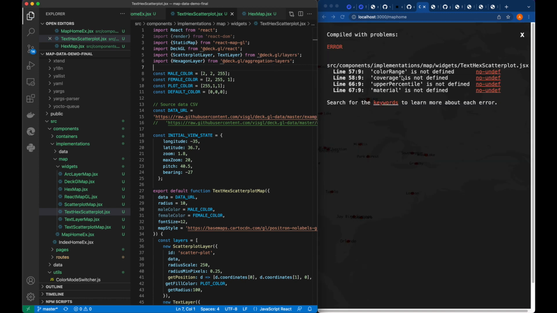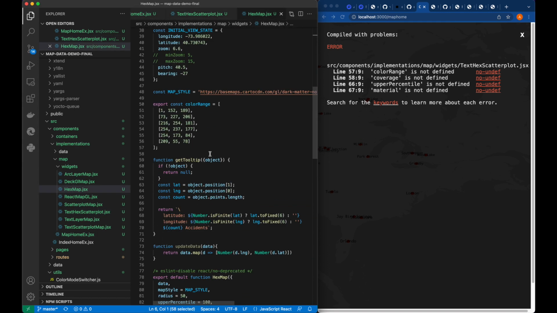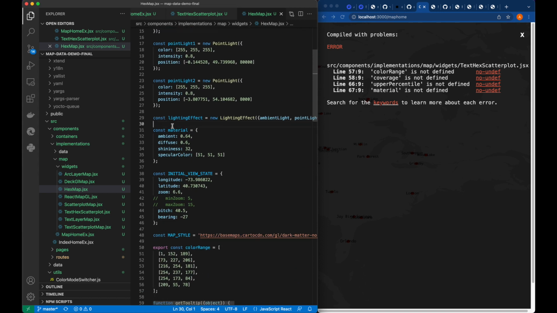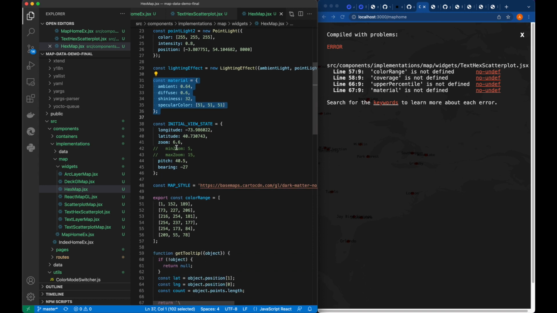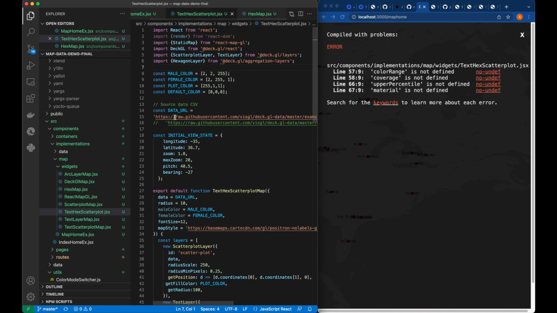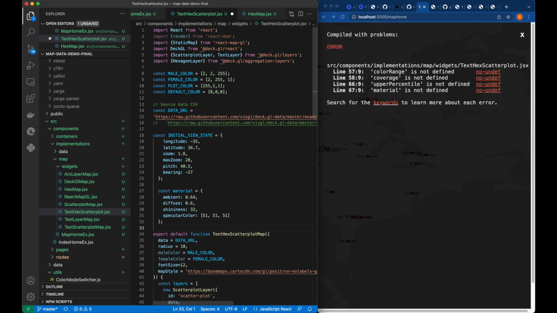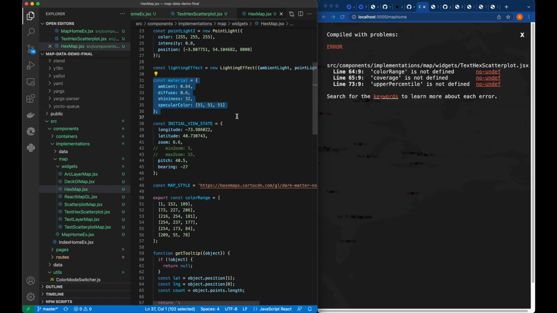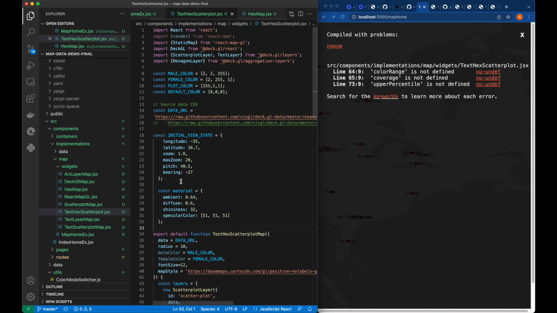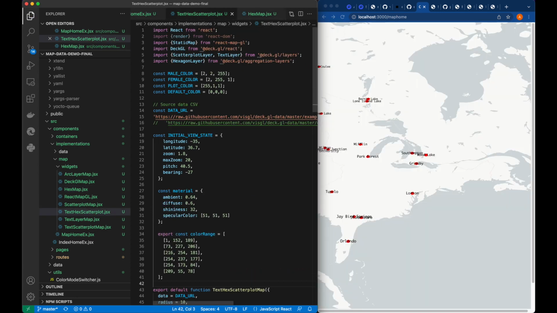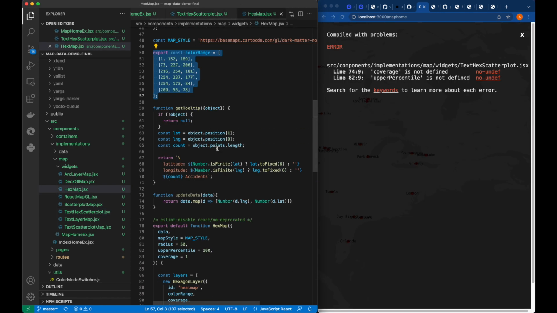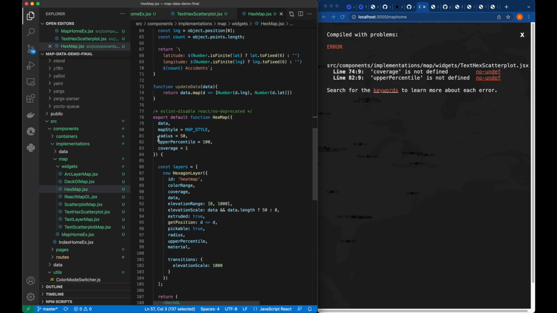Now we need color range, coverage, upper percentile, and material. So we can look into this because most of the definitions are there. So we need the material value. So here is the material. Then we need color range and coverage. So here is the color range. Coverage and upper percentile is basically here, I think, yeah, part of. So here is our